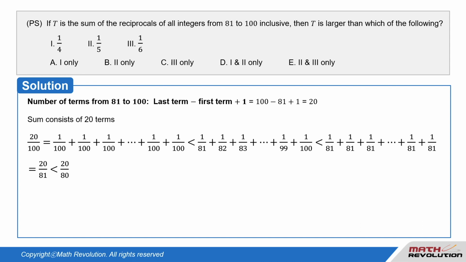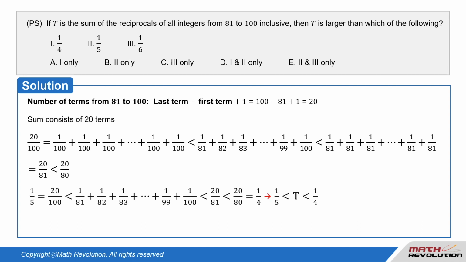until we get 1 over 100 plus 1 over 100, which is less than 1 over 81 plus 1 over 82 plus 1 over 83 and so on until we get 1 over 99 plus 1 over 100, which is less than 1 over 81 plus 1 over 81 plus 1 over 81 and so on until we get 1 over 81 plus 1 over 81, which equals 20 over 81, which is less than 20 over 80. This can be further simplified as 1 over 5 equals 20 over 100, which is less than 1